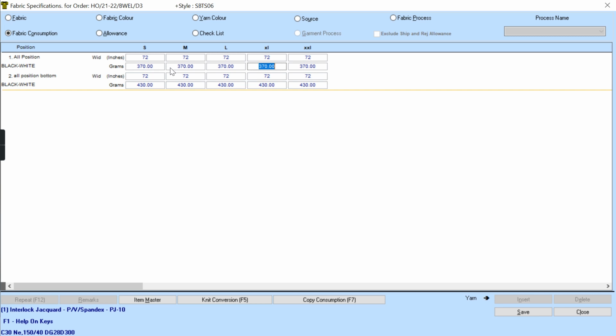You're able to get that in the order module. They have already entered the garment quantities. Yes. So that quantity into this consumption will give you the total requirement quantity.